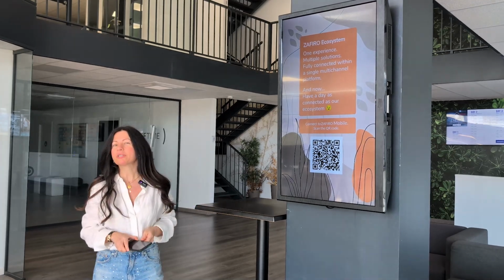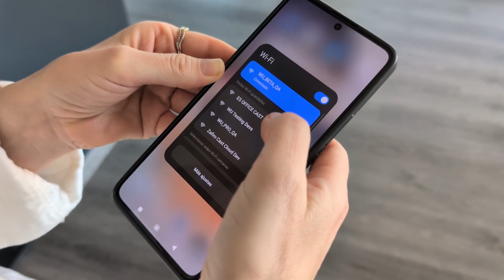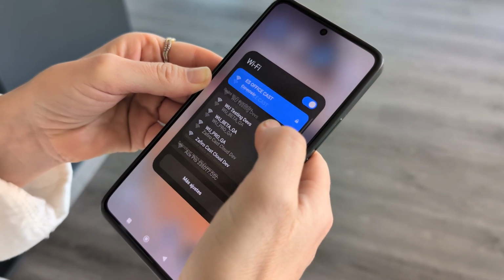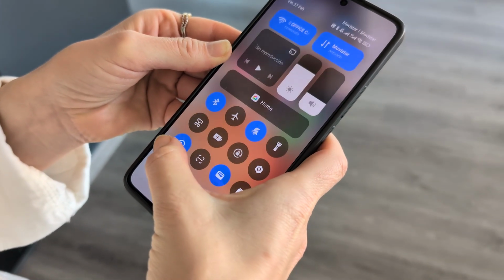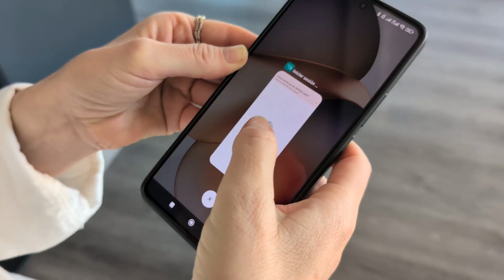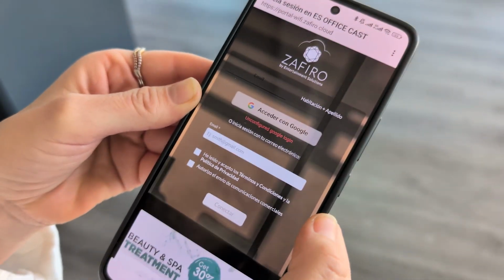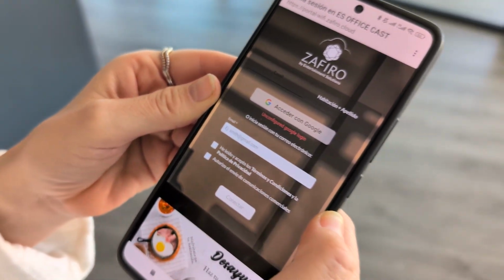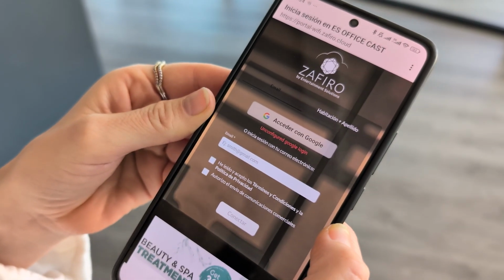We're going to pick our phones and try to get connected. Looking for the network of the property, we'll connect, and then we will be diverted to the captive portal. This captive portal is native, and it's recognizing the language of the mobile device, in this case Spanish, but